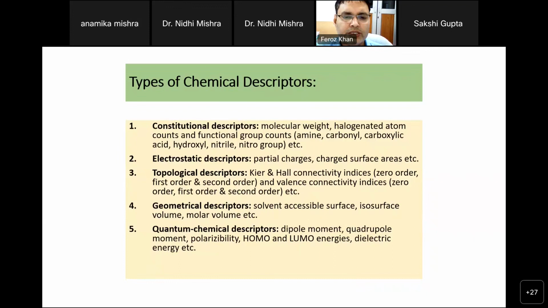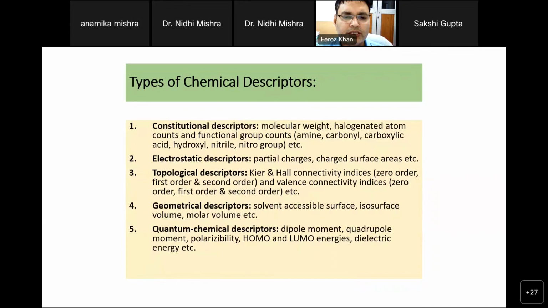If you see the standard or commercial software, even open source software, there are options to have more than 1000 descriptors. Some compounds are very different from each other, although structurally they are very similar. So it means something is hidden within the compound structure that controls the bioactivity, which you cannot judge superficially by seeing the structures only.